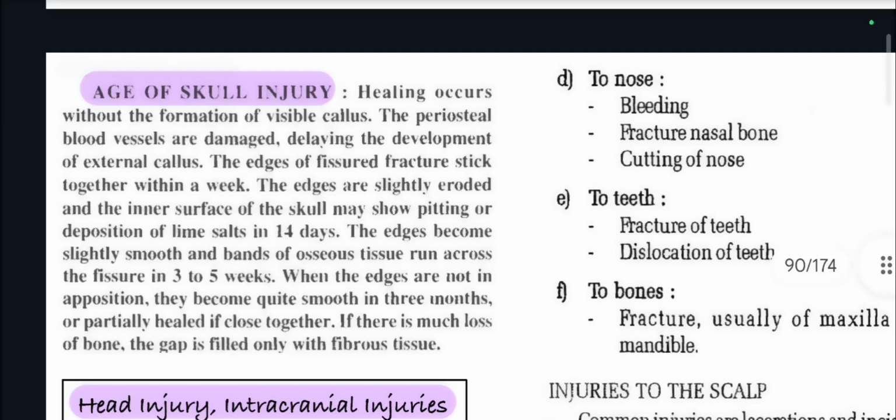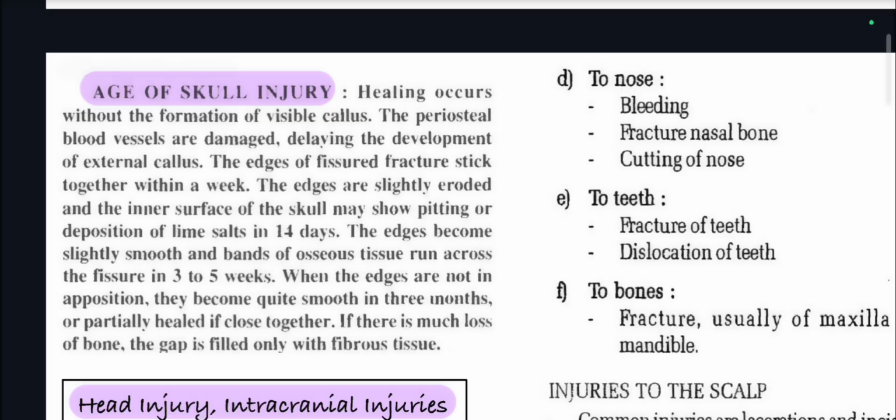Now we are going to learn about the age of the skull injury. Healing occurs without the formation of visible callus. The periosteal blood vessels are damaged, delaying the development of external callus. The edges of the fissured fracture stick together within a week. The edges are slightly eroded, and the inner surface of the skull may show pitting or deposition of lime salts